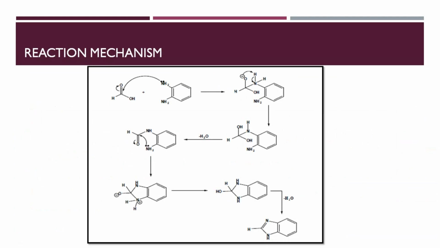imparting a positive charge to the carbon. Thus that carbon will act as a carbocation. On the other hand, orthophenylene diamine contains NH2 where N has a lone pair of electrons. So this nitrogen is nucleus loving, whereas the carbocation will be electron loving. So there will be a bond formation between the electronegative nitrogen and the carbocation. So we can say that nitrogen is going to attack the carbon of the carbocation.